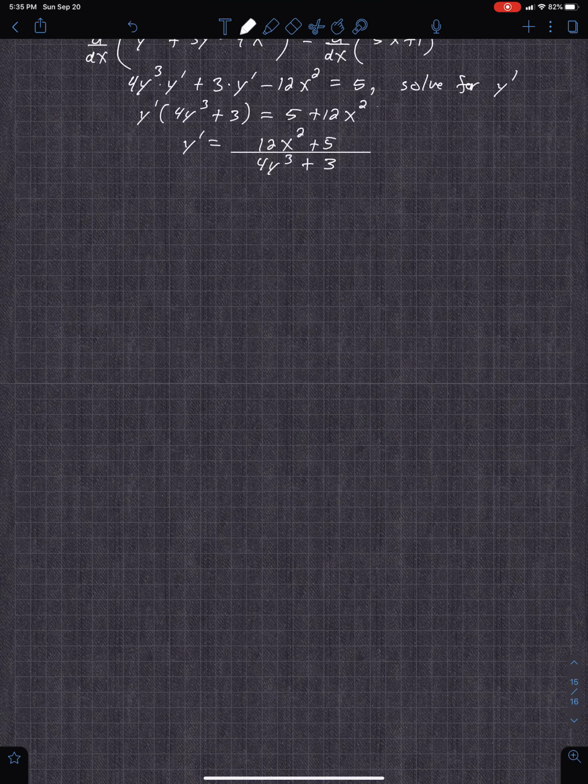So this example, find the slope of the tangent line to the graph